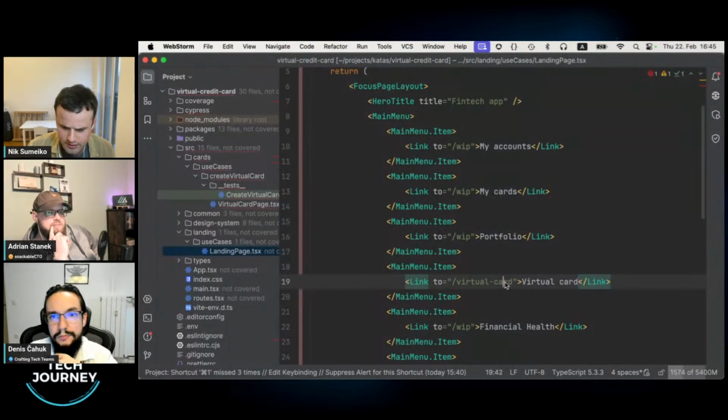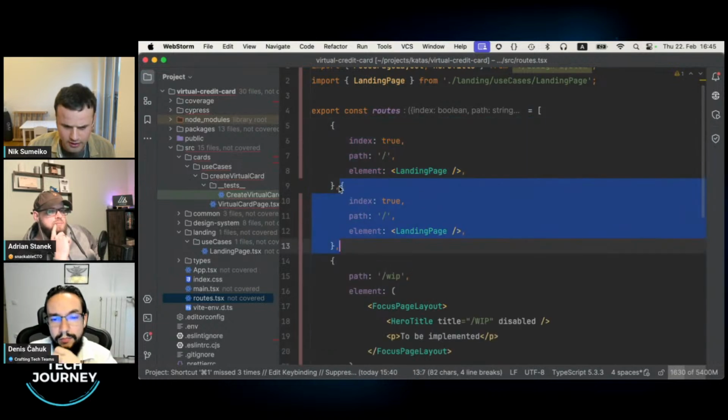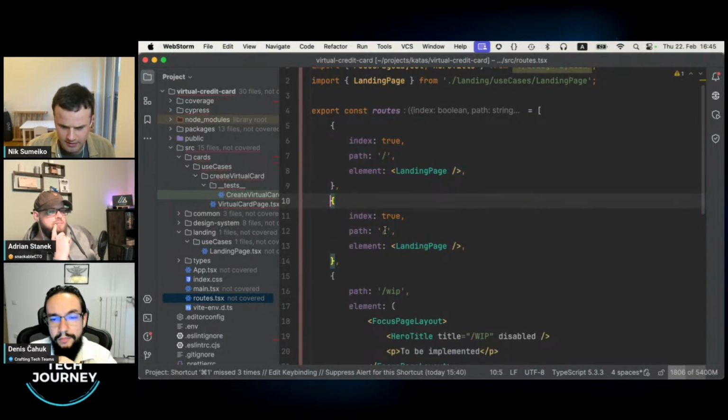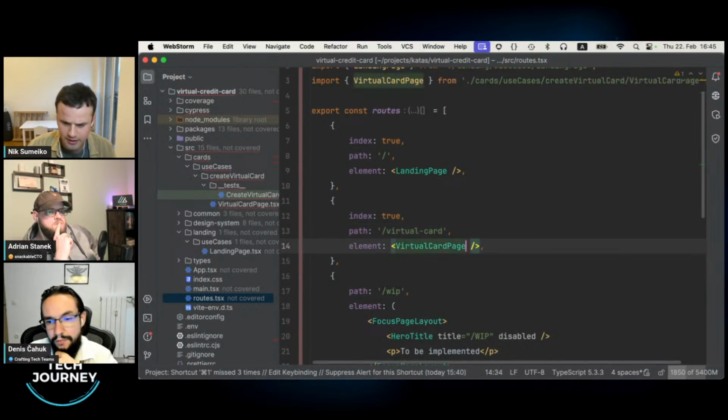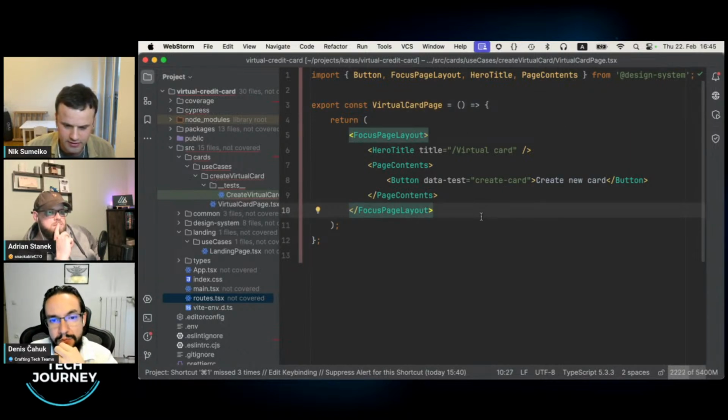Let's copy this path here and also add it to my React router. So there shall be some new route, I guess. And this route shall say something like this, and it will point to finally my virtual card page. That's some additional stuff to the skeleton, but it won't move on any farther. That's just some stuff from the acceptance criteria. Okay, we are ready with the skeleton.